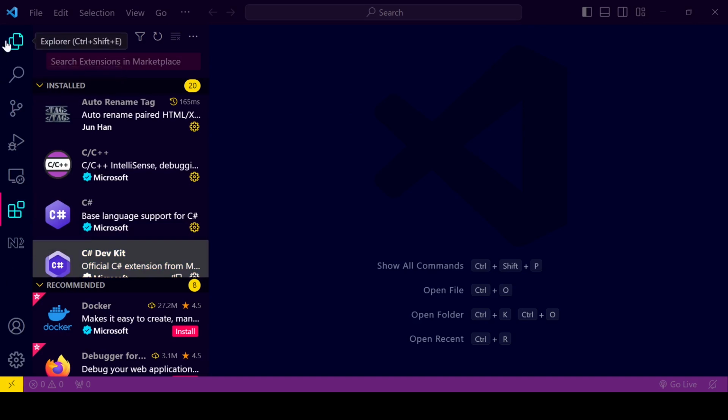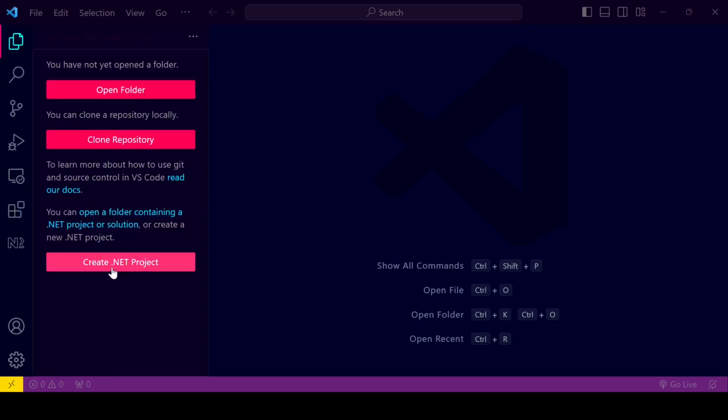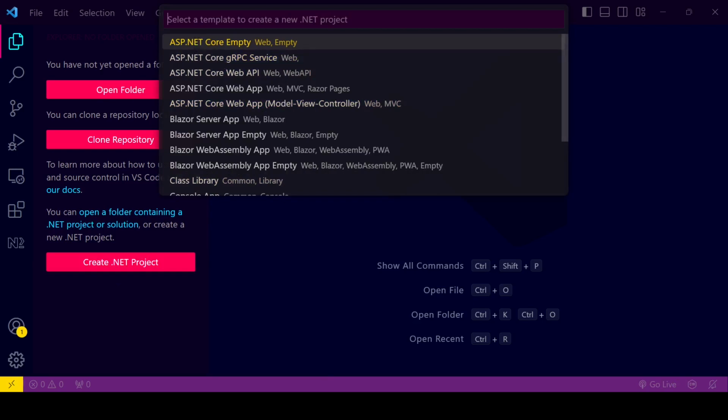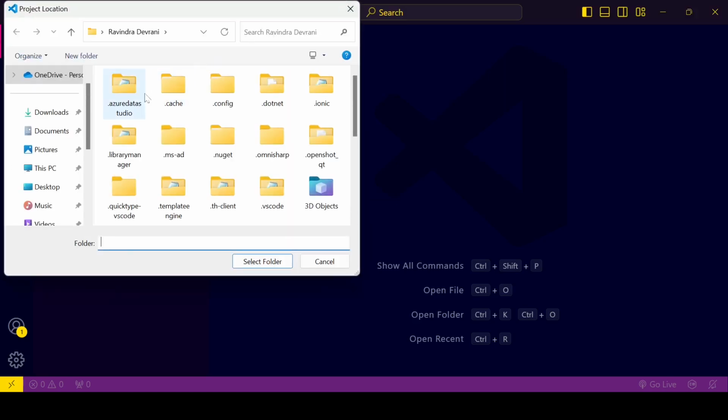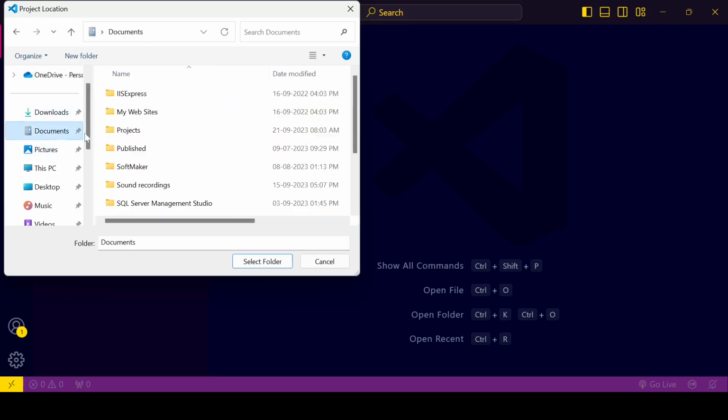So let's create a new application. Here you will see an option create .NET Core project, and after a while you will see something here. Yeah, it's present here. We are going to create ASP.NET Core empty project. So let's click on this, and here it will ask us a location where we want to create a project. So I'm going to create it somewhere, documents, and here projects